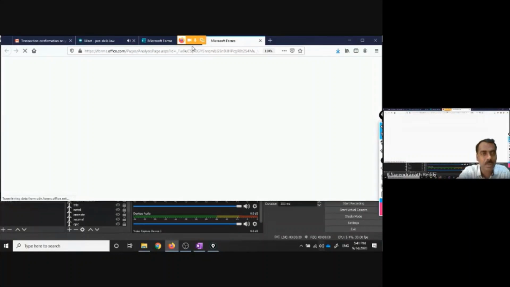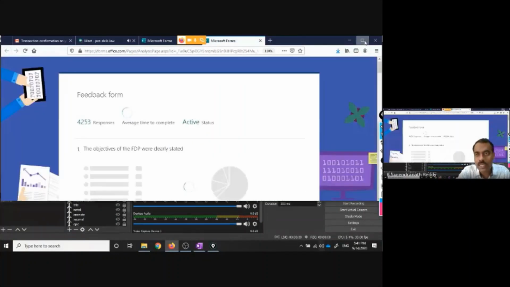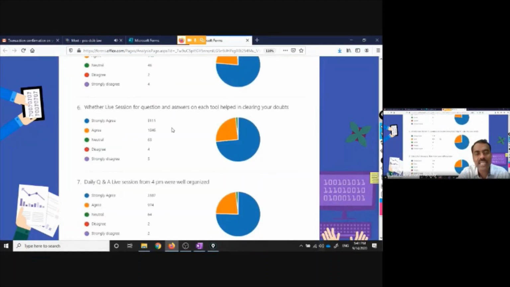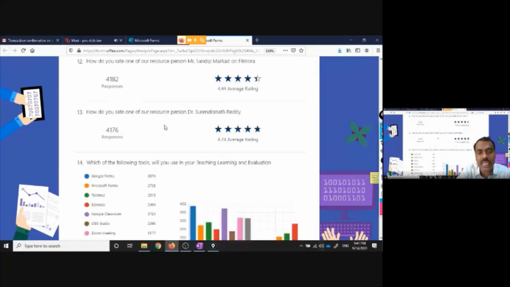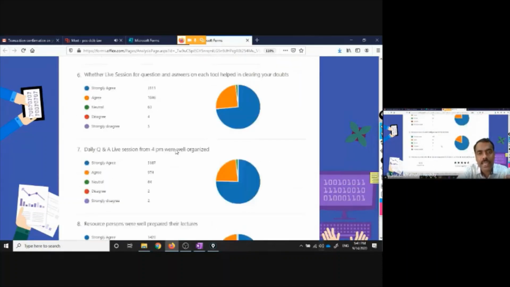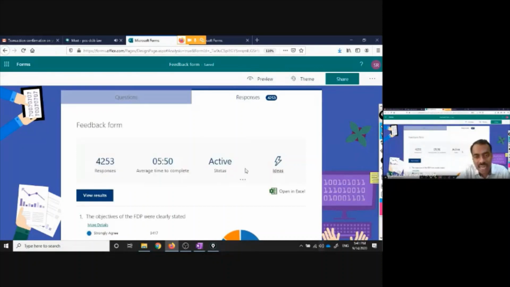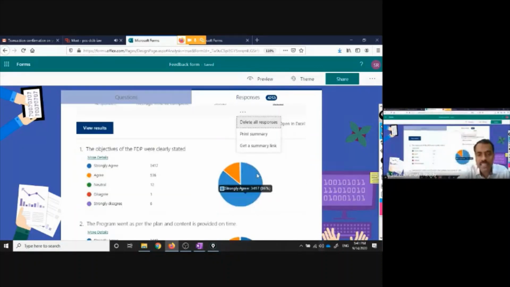Once I paste it, it will open as a web page. You can see that. That means I can share my feedback with anyone with just a link, so that they can see it immediately. Or I can go here and I can also download this print summary.